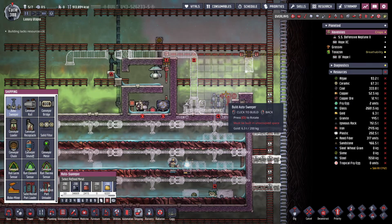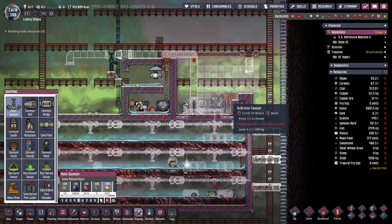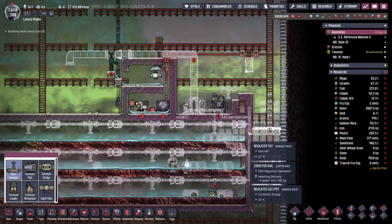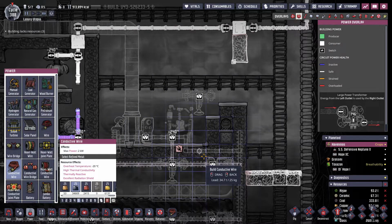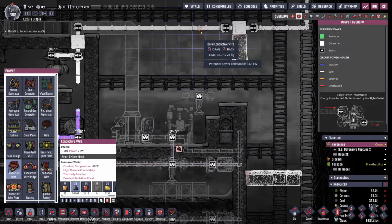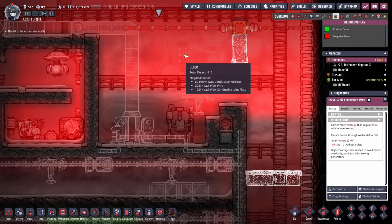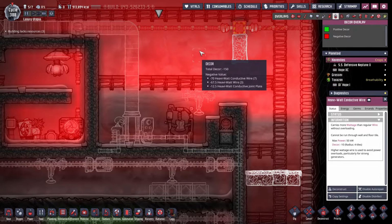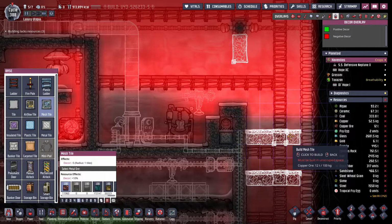And now I just need to see, oh yeah, there we can. As you can see here, this tile with this block here is lighted when we are here. So this is a nice spot for the auto sweeper. Let's put it there. And of course that one also needs power. Is this going to be okay to do? I'm going to hook them on this wire. It is not the best for decor, minus 10, radius 4 tiles. Yeah, the heavy watt conductive wire is a bit much. I don't want to have that in there. I guess I can make another layer here. Yeah, let's make this also a...